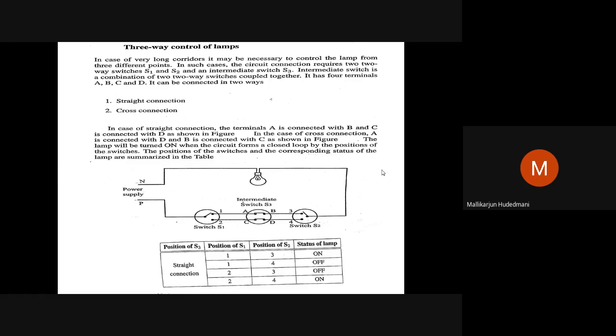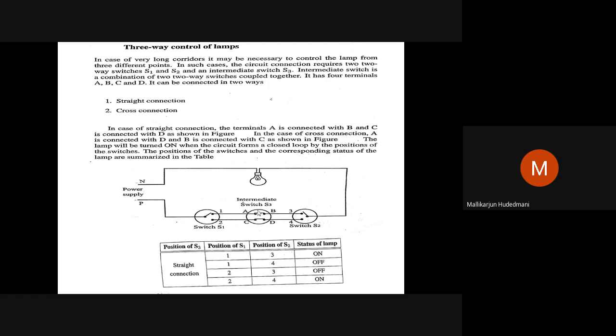Likewise, points are given. When you have an L-shaped building, at the entry of the building, at the L-shaped left corner and L-shaped right corner, the extreme corridors, I can put S1 on one side and S2 on the other side. And another switch, called the intermediate switch, is fixed in the garden post itself, where you are sitting down in the garden, where we have the electric bulb. So switch 1, switch 2, and the intermediate switch, I call them S1, S2, S3. So these three switches are installed. How it is done, I will tell you.